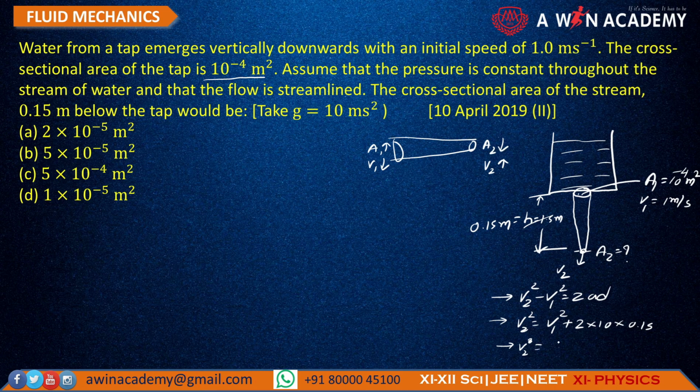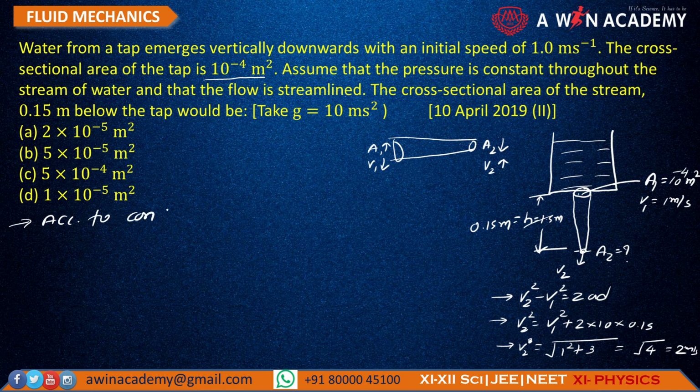V2 is equal to under root 1 square plus 2 into 10 into 0.15. 10 कैंसिल हो जाएगा तो 1.5 इंटू 2 इट विल बिकम 3, under root में 4, यानी ये हो जाएगा 2 मीटर पर सेकंड वेलोसिटी। So now according to continuity equation,